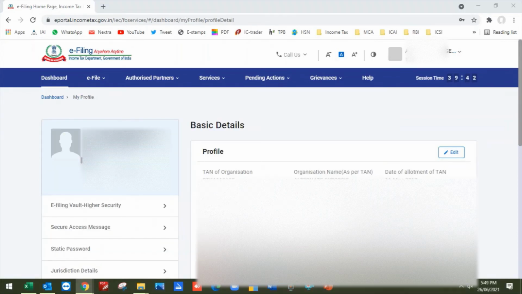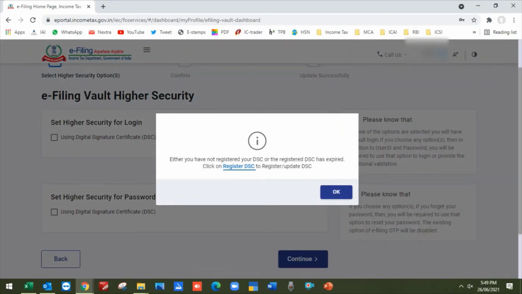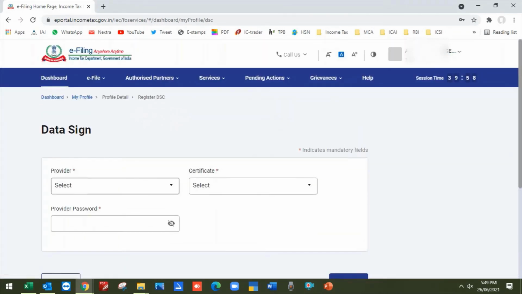Okay guys, now how can we register our DSC? You have to click on the profile section here. Then this window will appear. Then click on the option for high security using the digital signature. It will ask you to register your digital signature. Click it here. Then this.